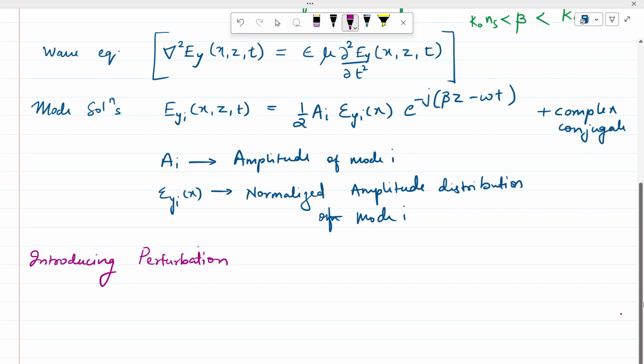So the perturbation is in the geometry of the waveguide, right? So what is actually changing is the dielectric constant. The geometry is changing, that means that the refractive index is changing. Refractive index is changing means epsilon is changing. And how do I include this epsilon? Initially if I had permittivity as epsilon, it would become epsilon plus delta epsilon, right? So how do I include this epsilon? The thing to note here is this epsilon shows itself as